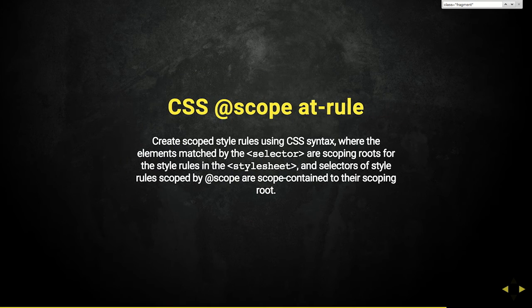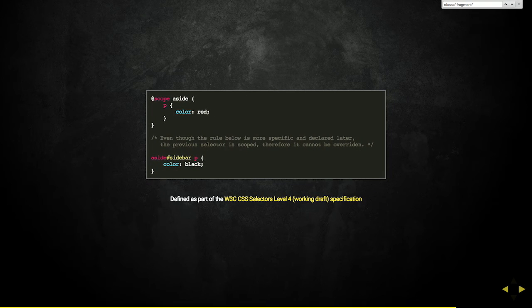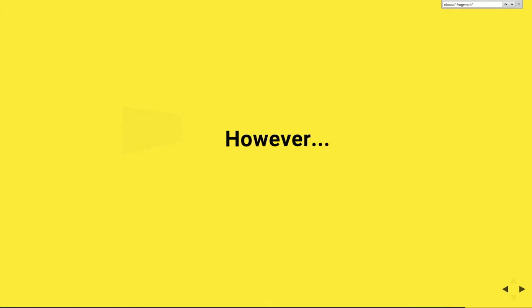So moving away from that, what was proposed was having this @scope at-rule in the CSS. And what it effectively allows us to do is to define scoping for certain elements. And here we can see, even though the rule set that follows my scoping declaration is more specific, because this thing is scoped, the color of the paragraph will be red. However,